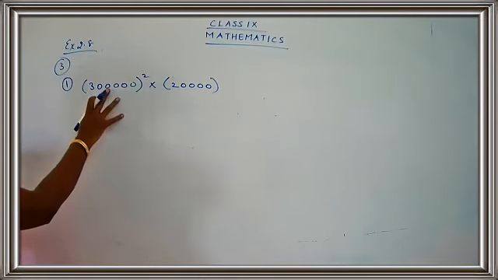You know the question? Whenever you start with a new page, remember to draw a margin and a rough column. Do not forget to draw the margin. You have to present your answers neatly. If you complete a particular sum, you have to draw a line. This is not the thing that we have to go on saying again and again. You have to develop a habit of keeping all these things in your mind. Okay, children, as soon as you complete one sum, draw a line. That shows that you have completed a particular sum.